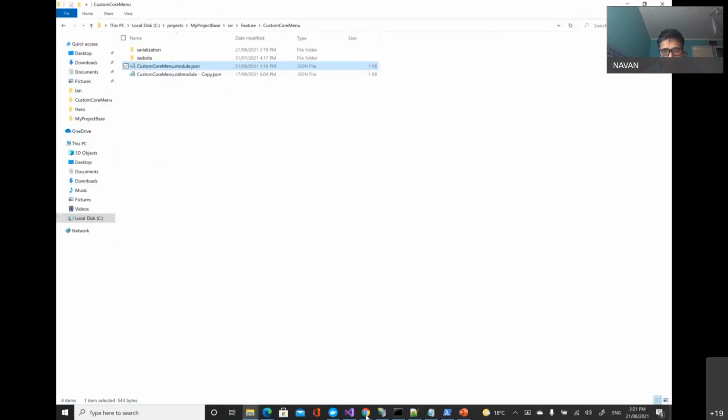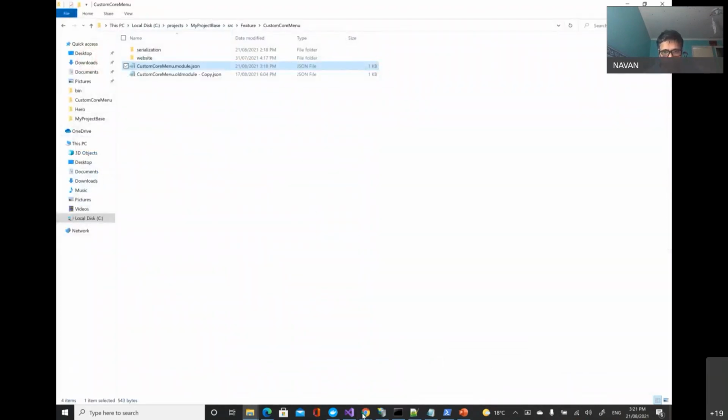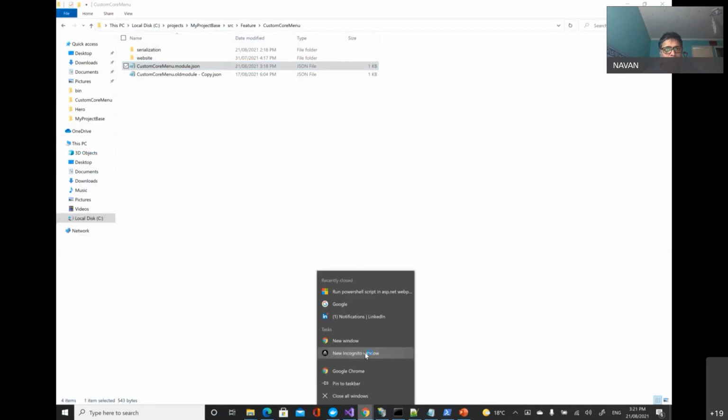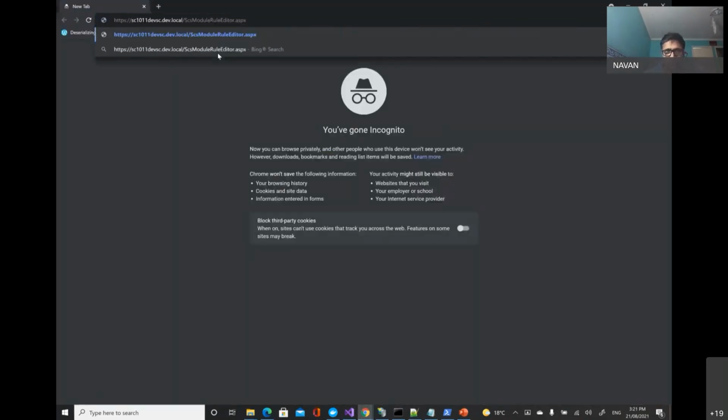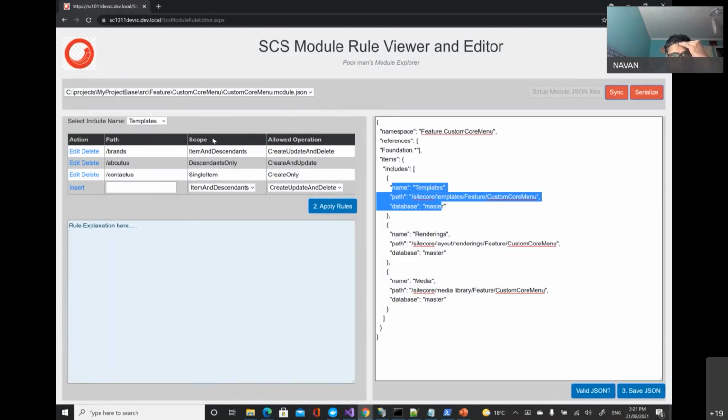We can also edit the rule, but let's do one thing. I'll reload this page, allow the rule editor to come, and then we'll come back to this. This JSON is obviously picked up from those JSON files we generated, right? This has to be rectified, because this does not have any rule for these templates. The first one gets loaded, but then I've got this static, so I have to actually clear this and add.